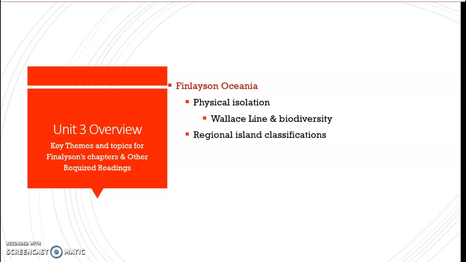When we look outside of Australia, we're going to see our different regional island classifications. So while Oceania is dominated by Australia and New Zealand, we're going to see that this is a very diverse place. This is a place of different interests. When I say interests, I mean controlling interests from other countries. We're going to see that it's an area of great diversity, very unique cultures. So the regional classifications will just help us categorize where these different islands are located and some of the key